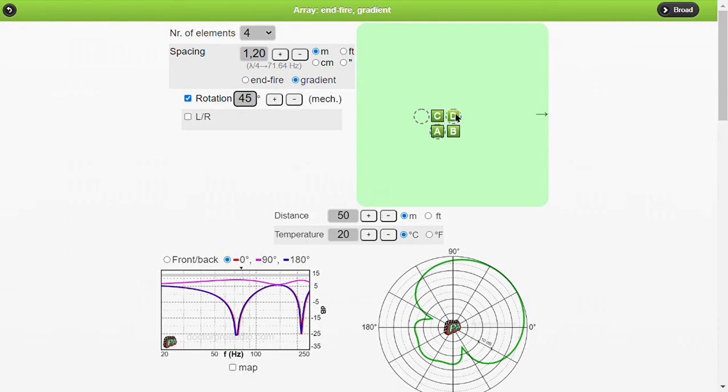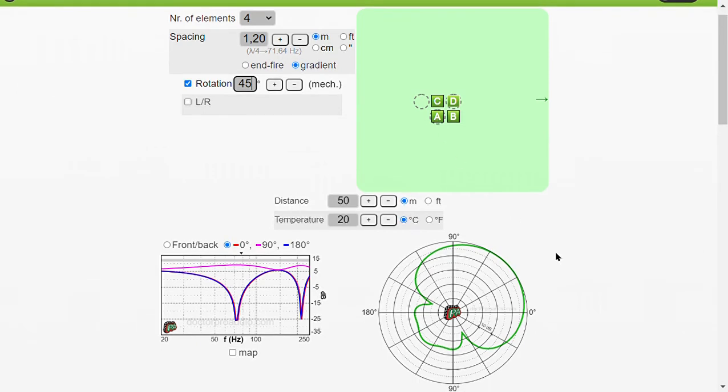Basically, we have this element which has no processing, no delay, or polarity reversal. These two middle elements have both delay and polarity inversion. And finally, this end element here has only polarity inversion.